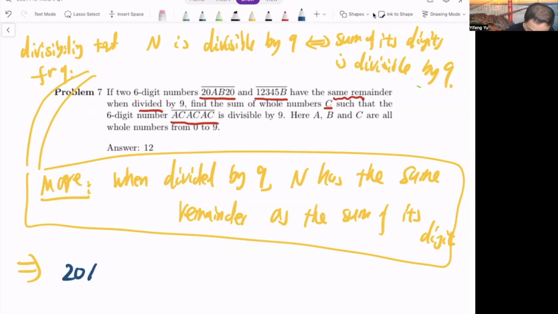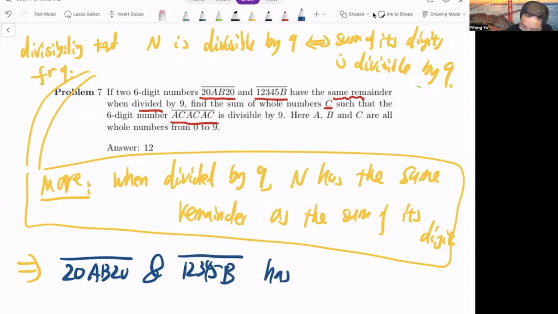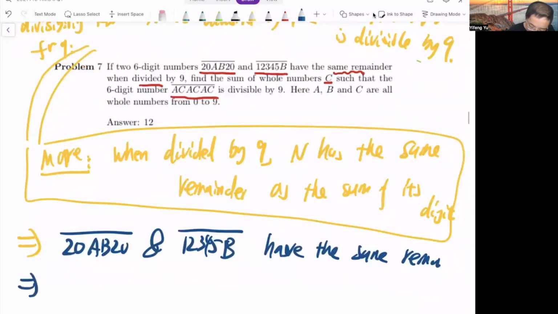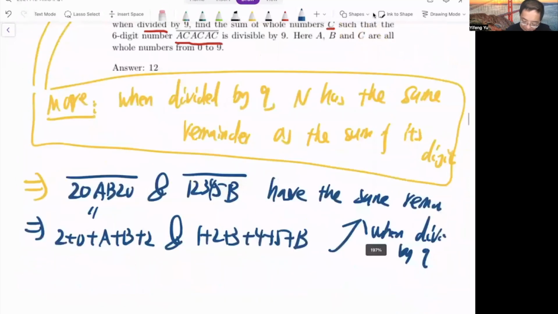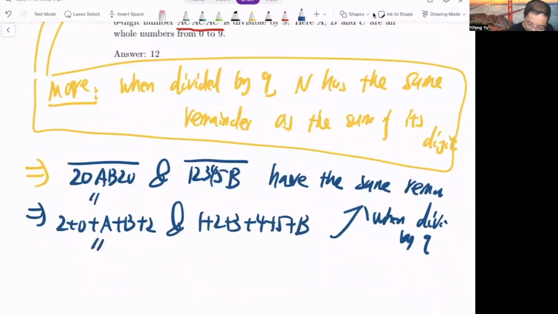So this tells us 20AB20 and 12345B have the same remainder. That just means if you add all the digits together, 2 plus 0 plus A plus B plus 2, and 1 plus 2 plus 3 plus 4 plus 5 plus B, have the same remainder when divided by 9. We can write this: the first is just A plus B plus 4, and the second is B plus